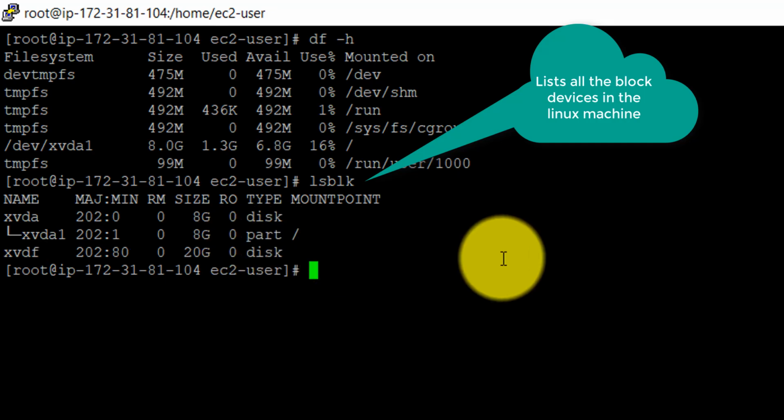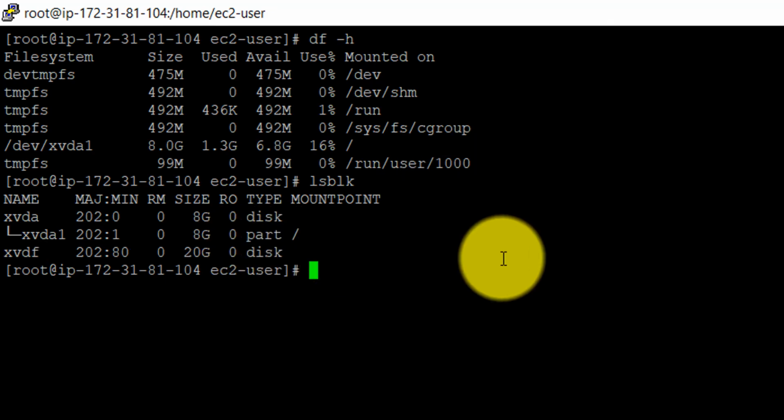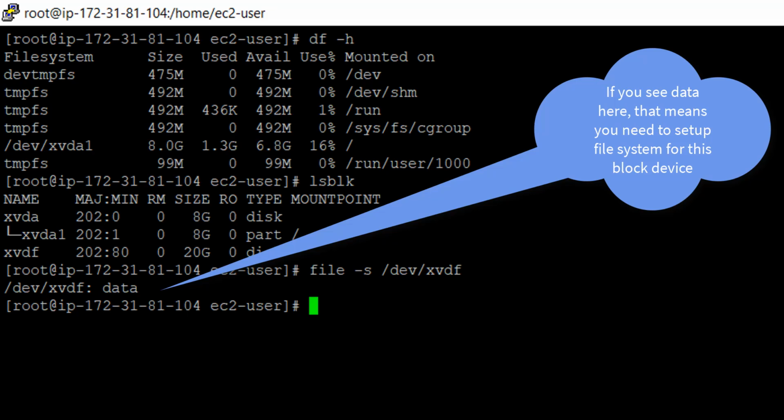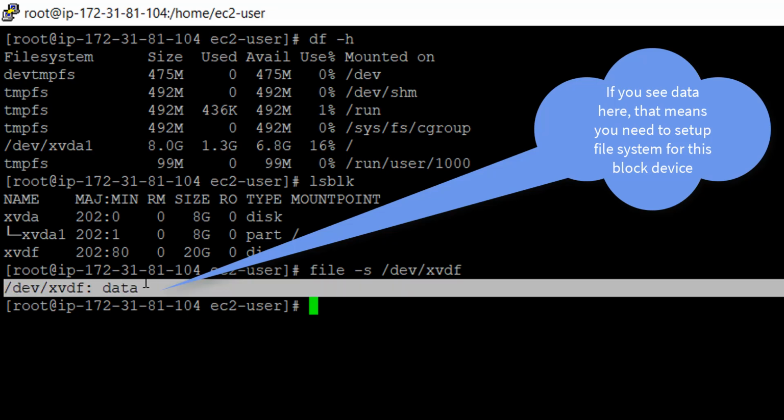Okay. So what you have to do next is you have to check if there is any file system on this new volume. For that, you can use file -s. So there isn't any file system, otherwise this would have shown you the file system.